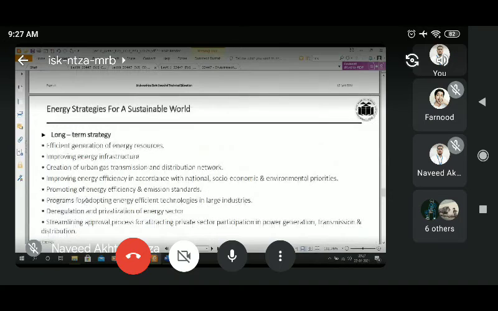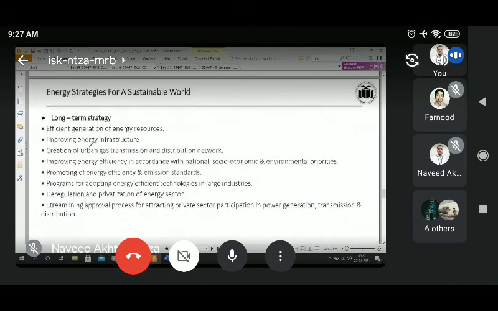वही इसी तरह लॉन्ग टर्म स्ट्रेटजी में अगर हम आएंगे, तो efficient generation of energy sources should be checked, and that should be converted to the renewable energy. Improve energy infrastructures, creation of urban gas transmission and distribution network with proper monitoring and avoiding the losses, improving energy efficiency in accordance with the nation's socio-economic and environmental priorities, promoting energy efficiency and efficient standards